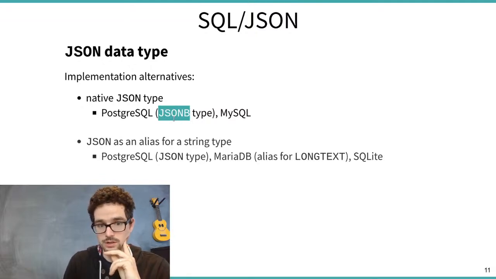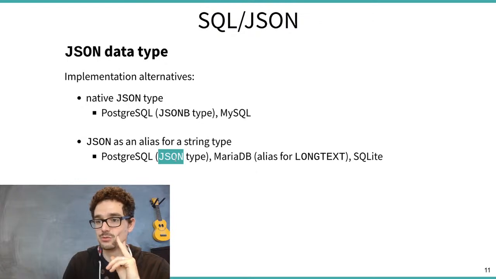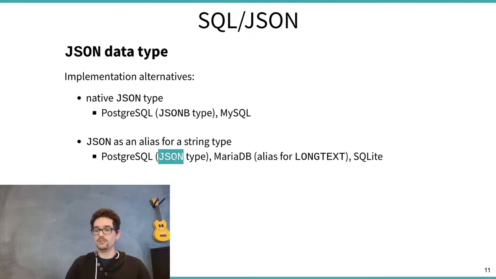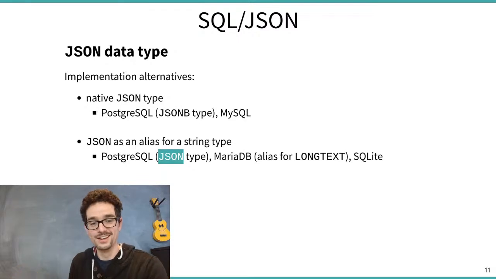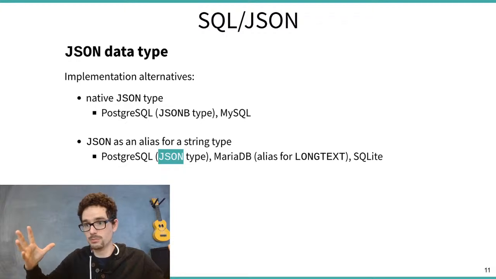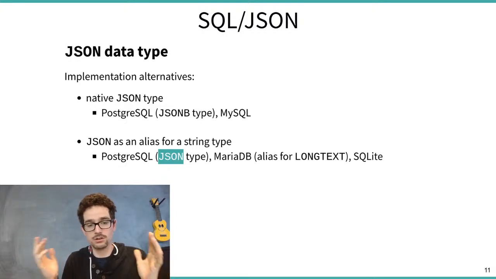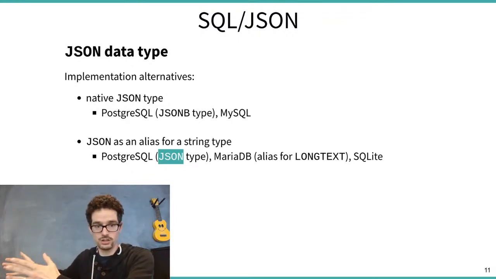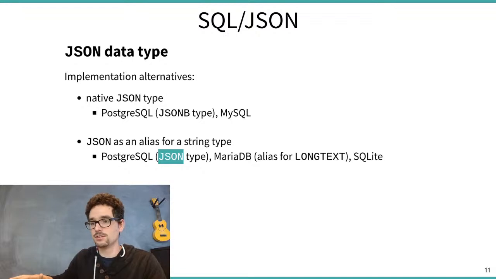JSON, so I come to the next. JSON as an alias for a string type. In PostgreSQL it is called JSON. So actually when you say this column is of type JSON, it is stored as a varchar, as a text. This makes it fast for inserting. So when you only need the example that I had here, a big JSON document describing how the GUI of an online banking system should look like, you'd simply put a large JSON value there, then JSON is fine. It's stored as a string, and